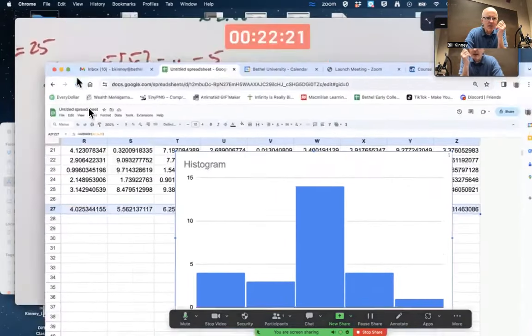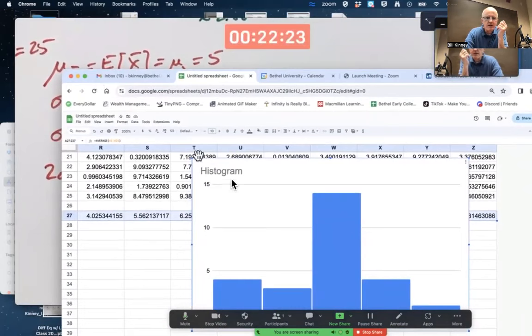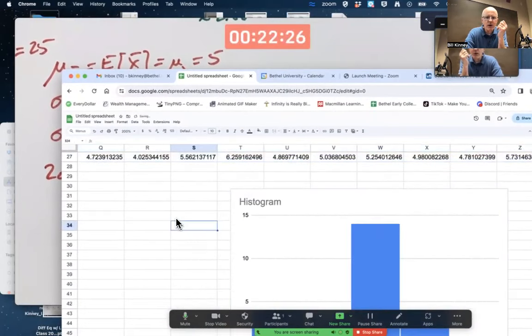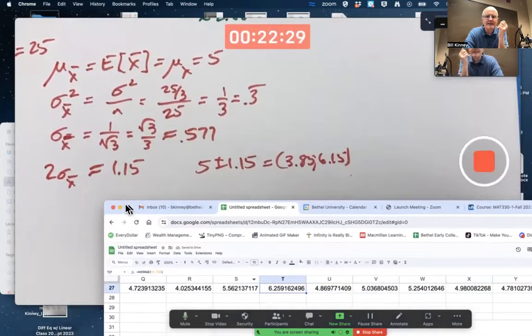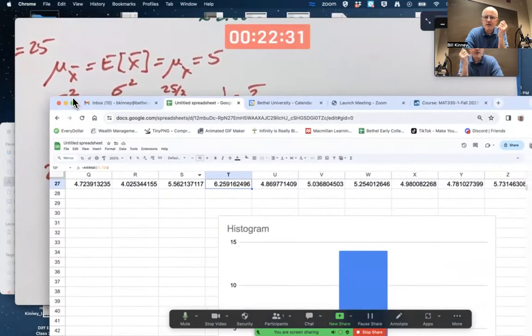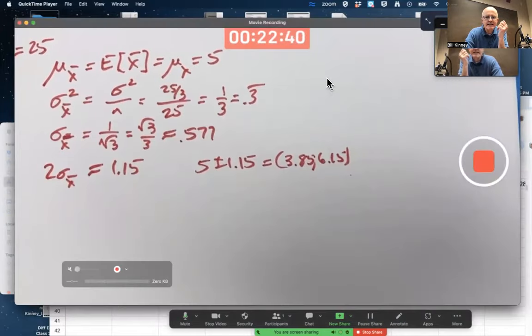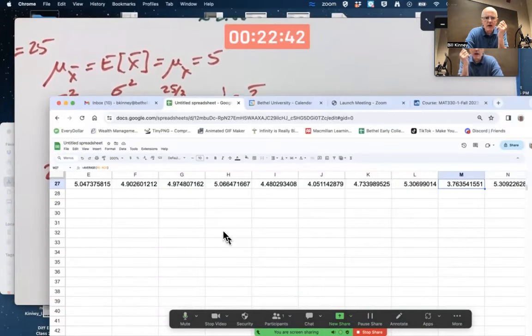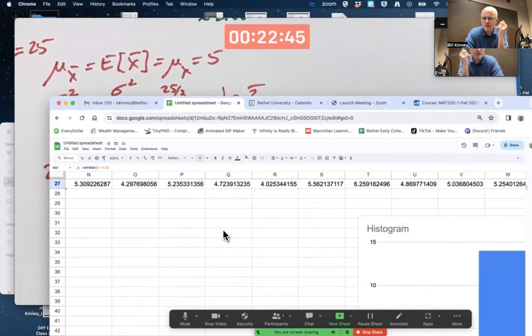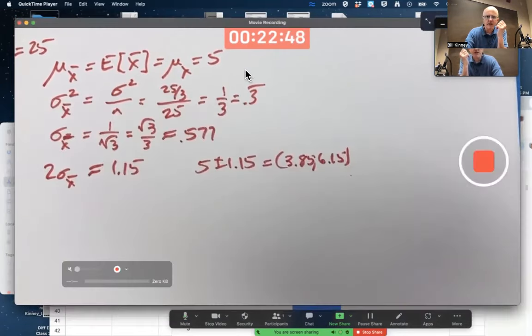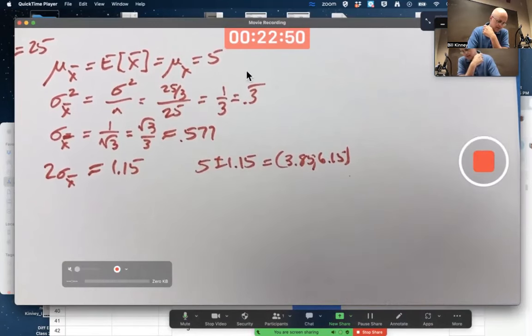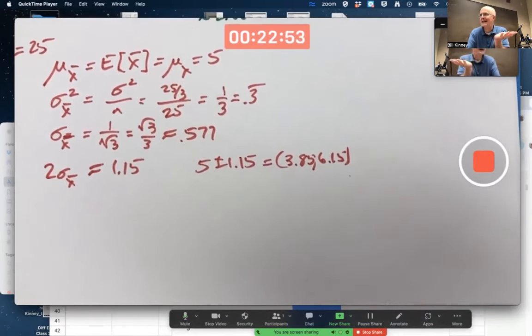We should expect all these numbers, or almost all of them, to be in that range. Now there was the 6.25 or 6.26, that's slightly outside the range. The 3 something, where was the 3? 3.76 is slightly outside the range. So looks like 24 of the 26 numbers are within the range here. 24 divided by 26, 92%, not too far from 95%, as the 68, 95, 99.7 rule would predict.